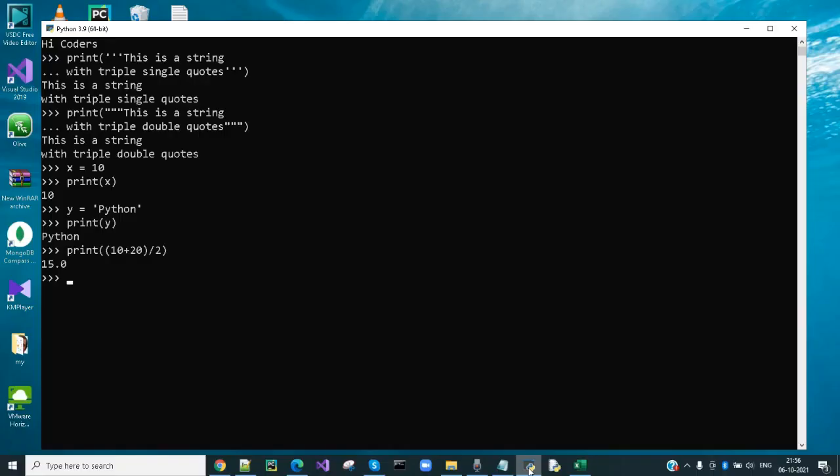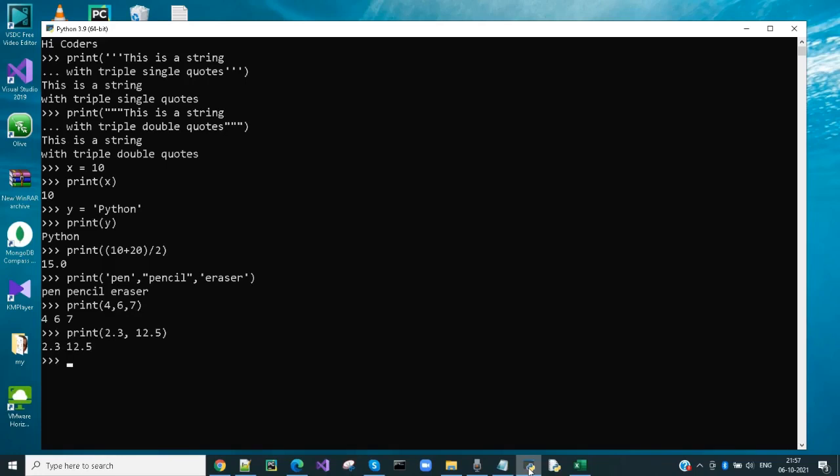Let's see a demo on using multiple objects or values. I am printing strings separated by comma. Printing integer values separated by comma. Printing float values separated by comma.